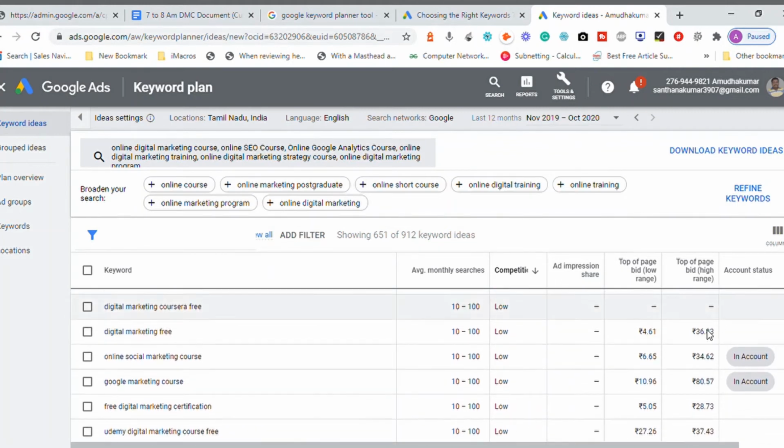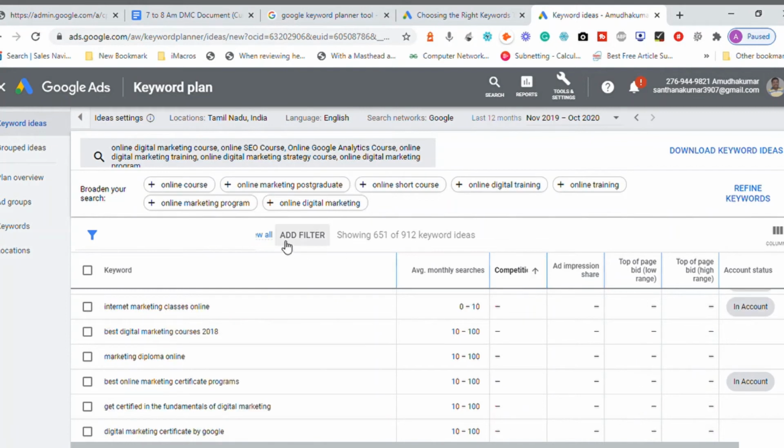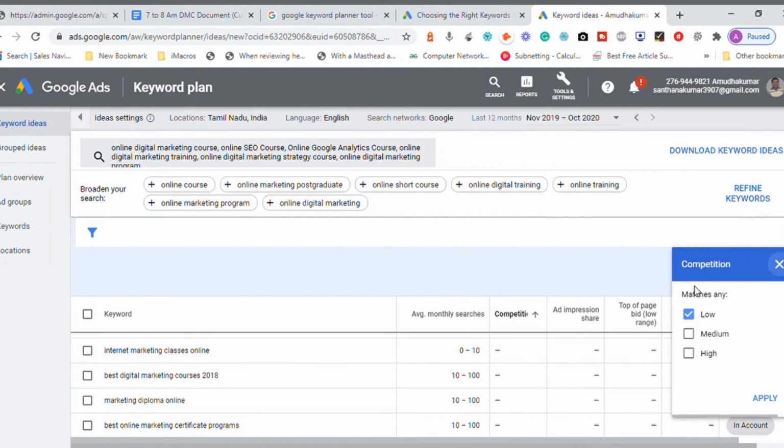You spend 4 rupees per click, around 10 rupees for a click, 27 rupees for a click. But when you go to the high competition keywords, when the competition is very high, I'm removing the filters. Why is the filter not being removed? Oh my god.